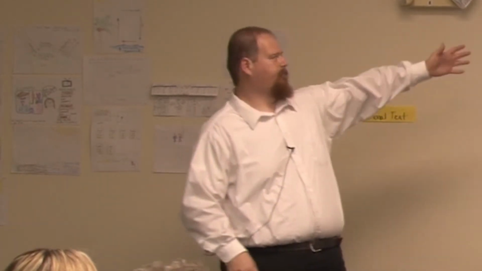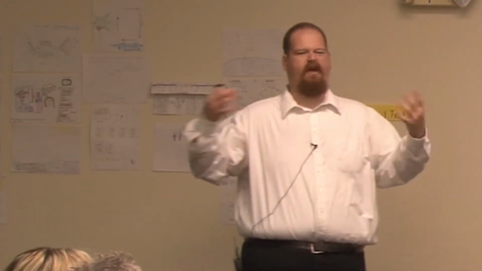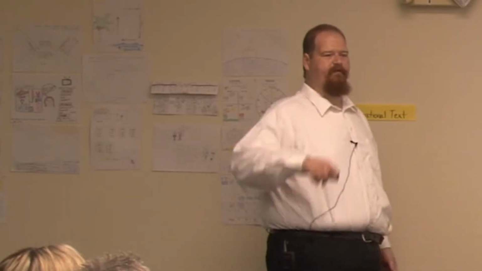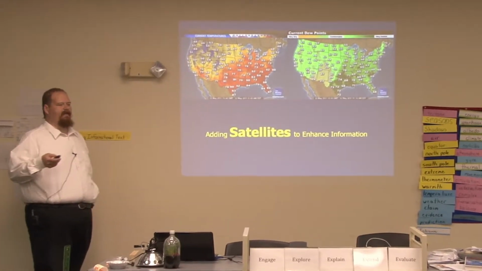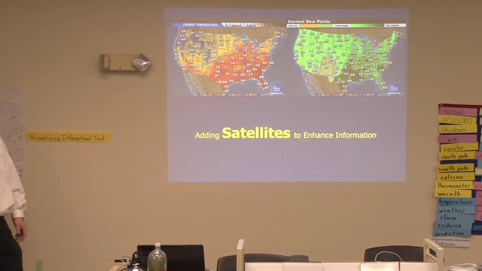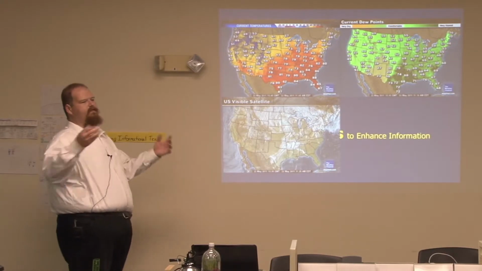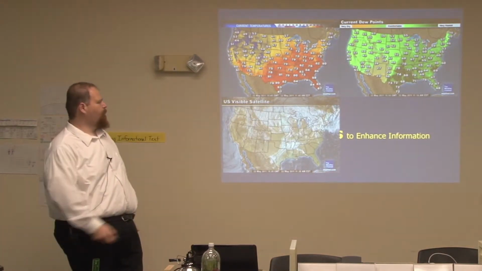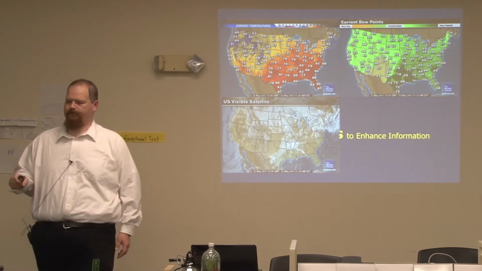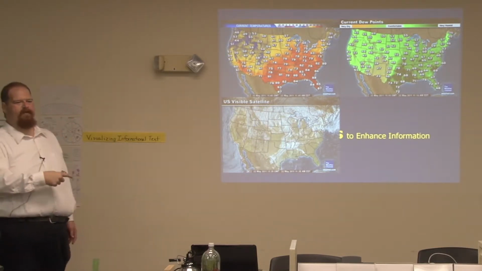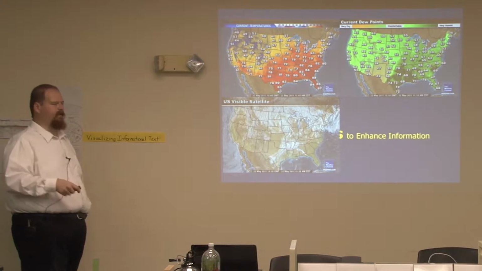So we can combine all kinds of variables, temperature, and on the upper right, dew points, just to measure how much humidity is in the air. We can put all of this together. Then we step it further. We now have satellites. Okay, so we add the satellites and it enhances our information about what's going on. So we can see simultaneously the clouds across the entire region. We're not just worried about where's the observation coming in, a little filled circle. We can see what's happening right now, every minute of the day.